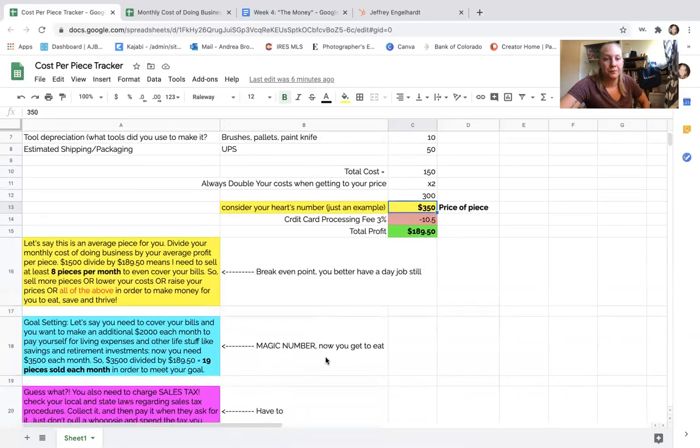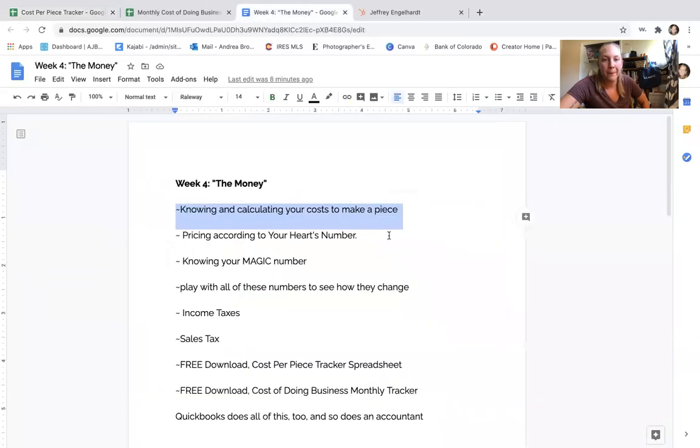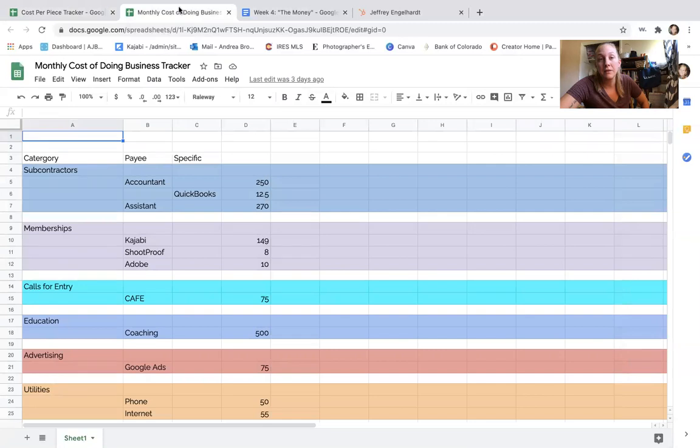So let's say, okay, so now we're going to switch over to, we talked about pricing according to your heart's number. This is big, guys. What does your heart want for that piece? Don't ever say it's lower. It's always going to be higher. Yes, you're worth it. Knowing your magic number. Okay, so if you go over to your monthly cost of doing business, this is another